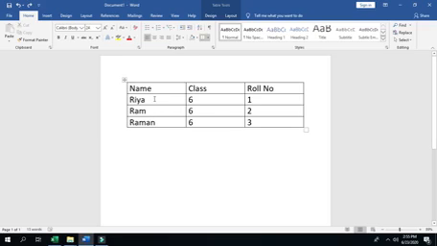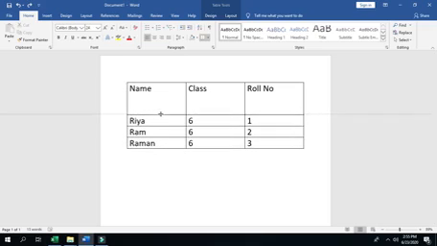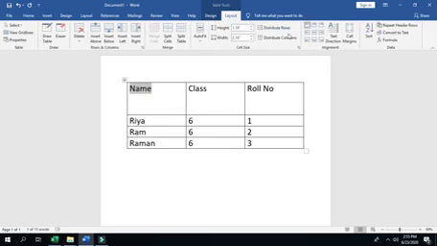Firstly, I will change the height of the row to show all the options. Then to change the alignment of the text, firstly we have to select the text. Then we will click on Layout tab.